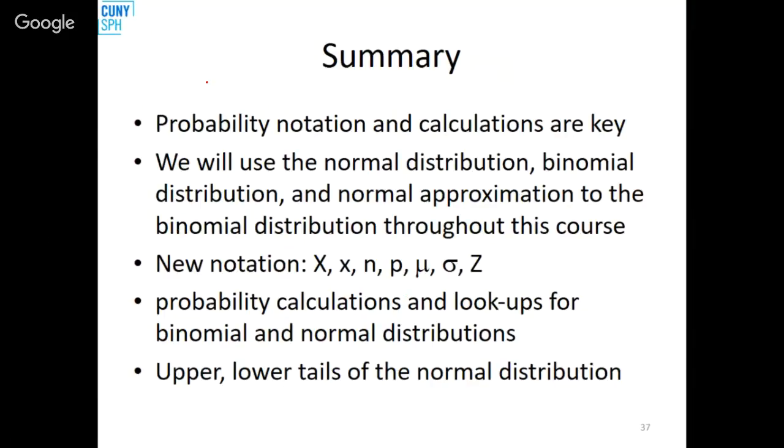Remember these new notations, the difference between a capital X and a lowercase x. The capital is the random variable, the lowercase is the realization of the random variable. N being a sample size, P a probability, mu the population mean, sigma the population standard deviation, Z a very particular,